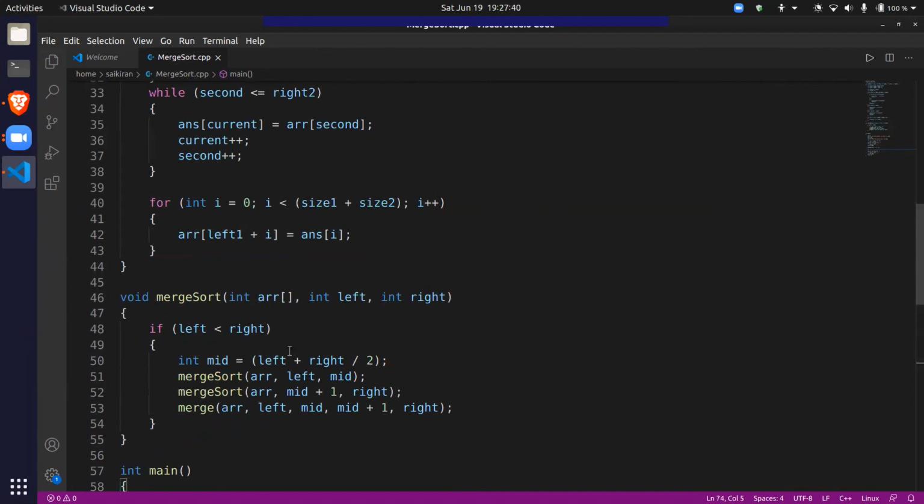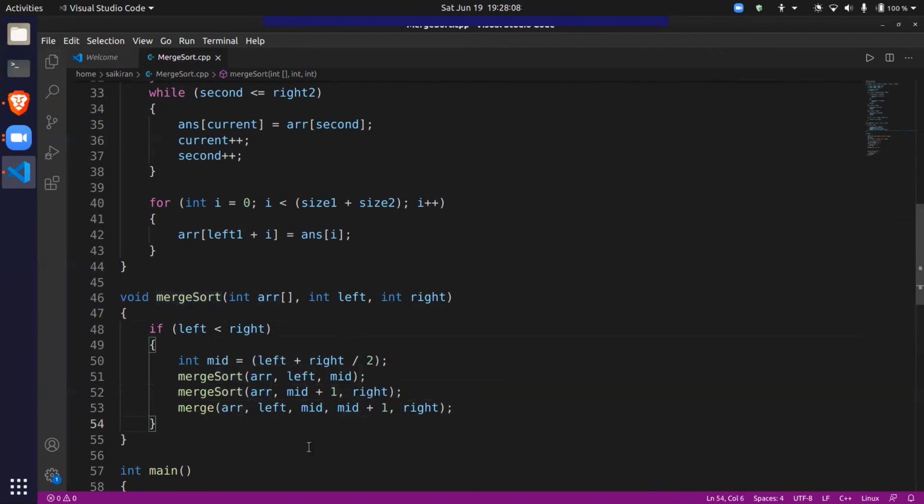There's no base case actually. When there is a single element, left and right will be equal, right? So it won't even call merge sort. See, when will merge sort be called inside? When left is less than right. But if left is equal to right, it won't be called at all. They'll directly go to merge.